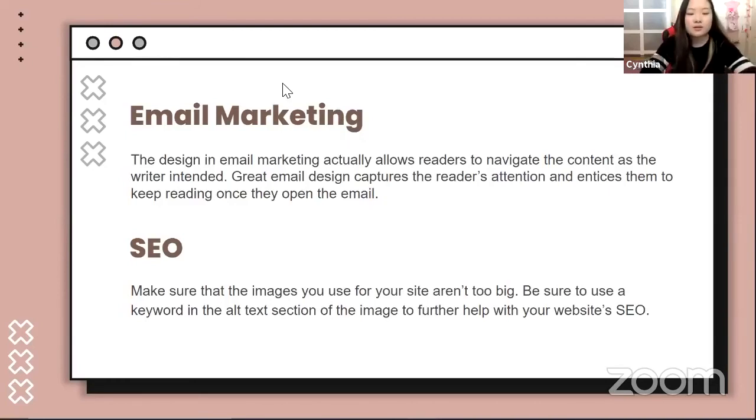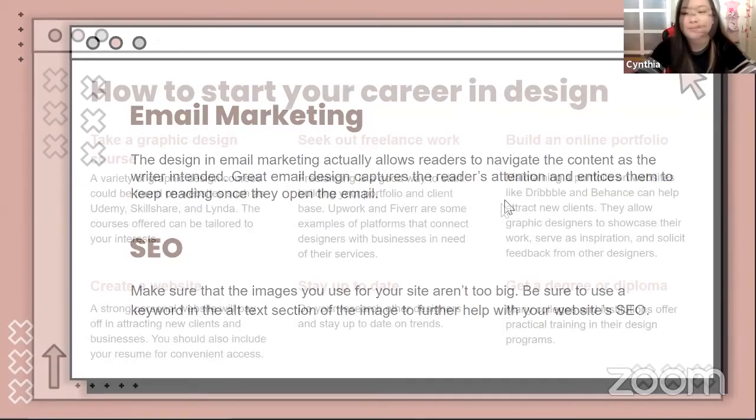Yeah, so a good example of the SEO that we use for Youth for Change is that if you search for Youth for Change on the Google Images page, you'll see the logo. So that's a good sign that everything was named properly.